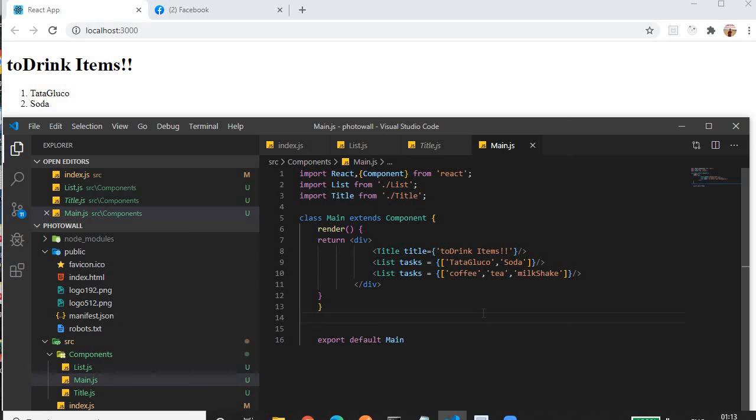In JSX, we don't have to write createElement. We are writing the tags directly. Then we moved whatever element we were creating to a component for better reusability. For using the component, we have to import Component from the React library. Then we have to create a class that extends the component, and override the render function of the component. Whatever element we create, we have to return from the render function.